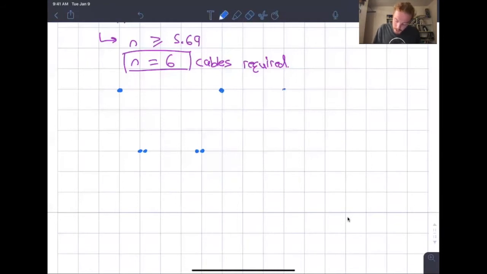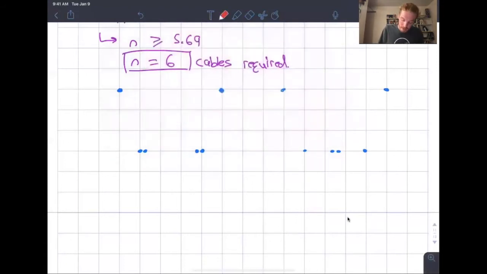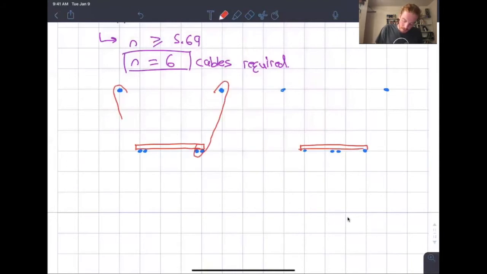But another option, see, 1, 2, 3, 4, 5, 1, 2, 3, 4, 5, would be to maybe put the cables in the middle. We put 2 cables in the middle, and we still have a symmetric loadout. And to clarify what I'm saying here, I realize I didn't explain that very well. This is where our cross beams will sit, and then this is where our suspenders loop around like that,